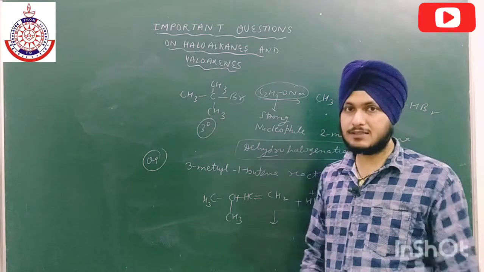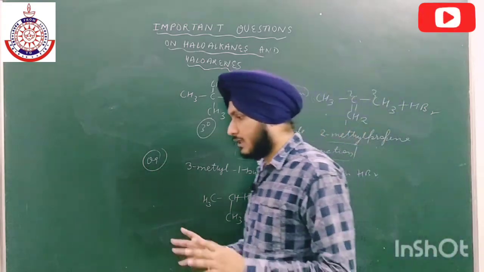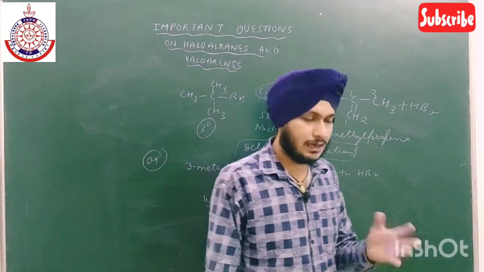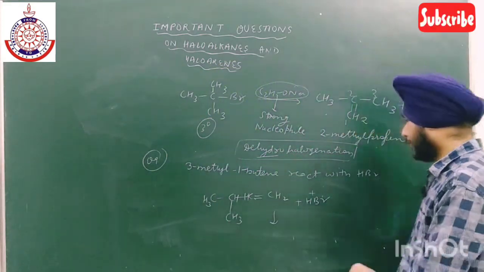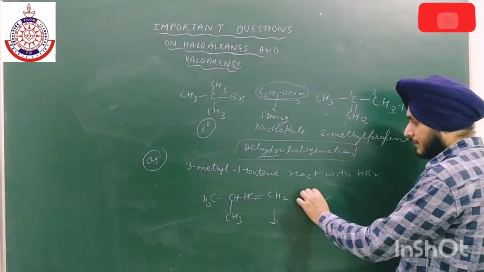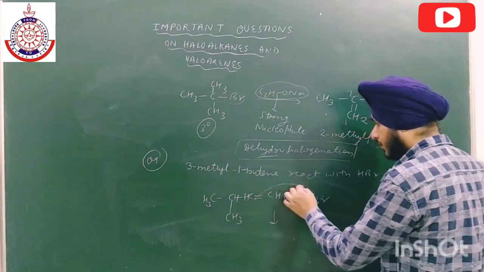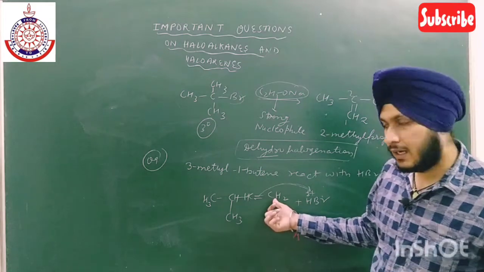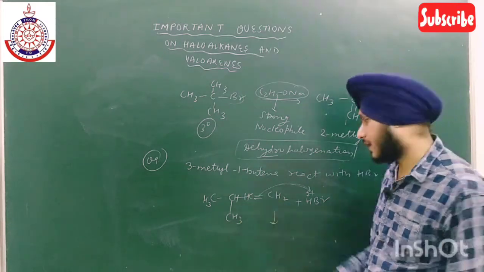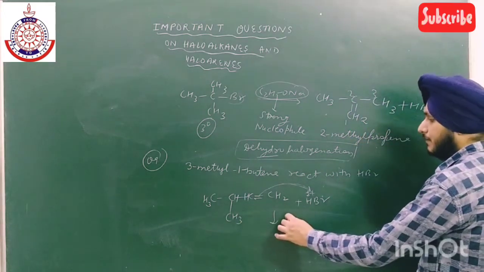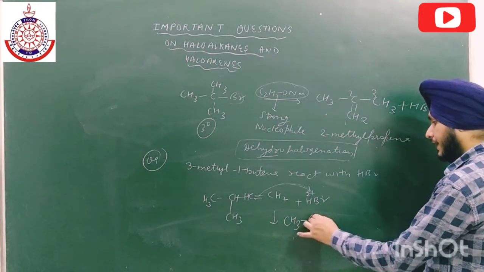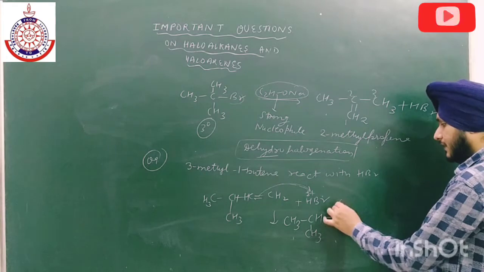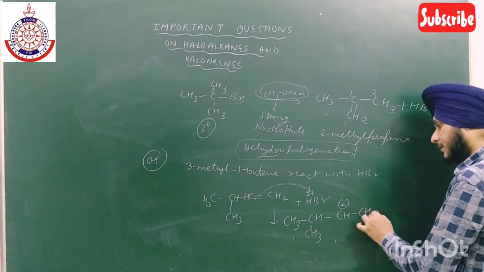So if the reagent is the solvent, and if the solvent is not given, then we have to take water or CCl4 as the reagent. So Markovnikov addition will take place. Firstly the double bond will attract this H positive, and this H positive will attach over here, and we will get a stable carbocation, CH3 CH positive charge, and hydrogen will attach on this carbon.